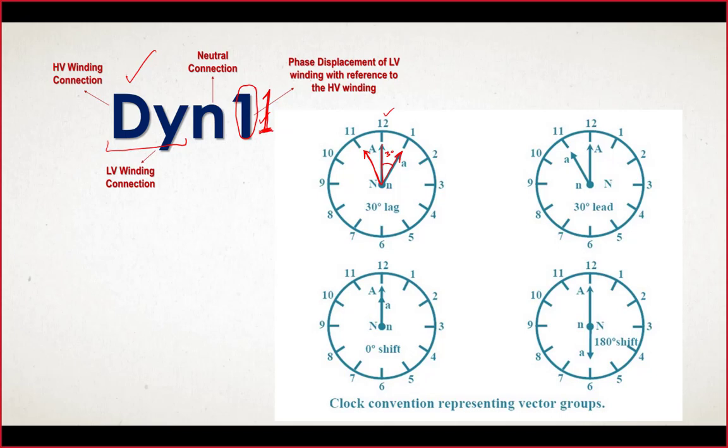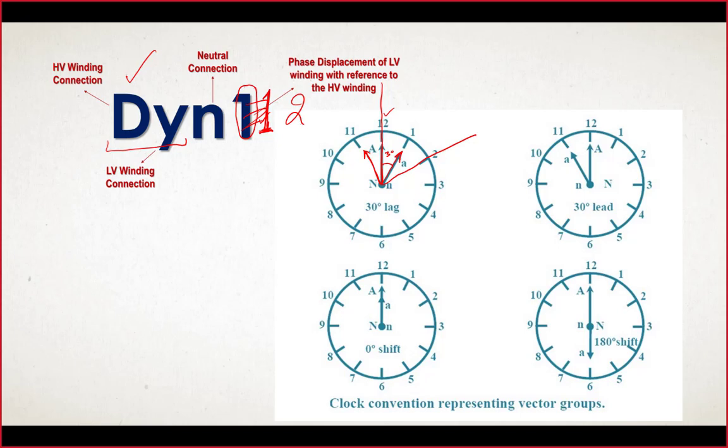In power system transformers, only these two angles are possible. Either we have here 1 or 11, that describes whether our low voltage side is lagging or leading with respect to the high side respectively. Now, for example, if the low voltage side has a phase difference of 60 degrees with respect to the high side and that is lagging, it means with respect to the high side phasor across 12, this will be the position of the low voltage side. So here we write 2.